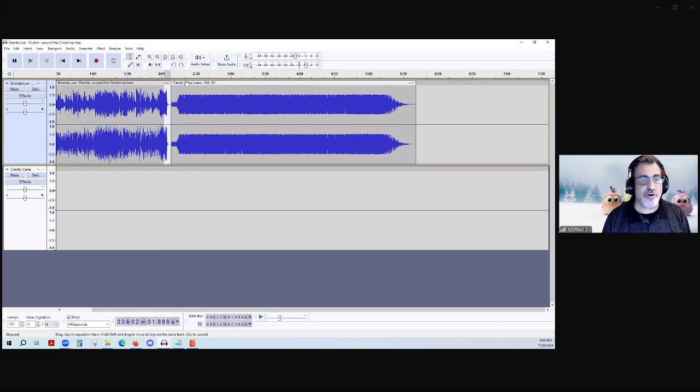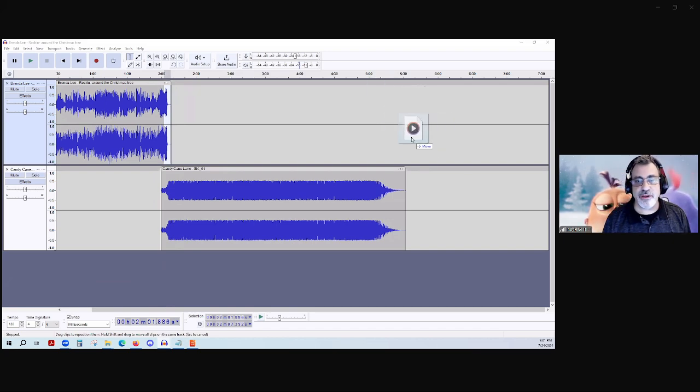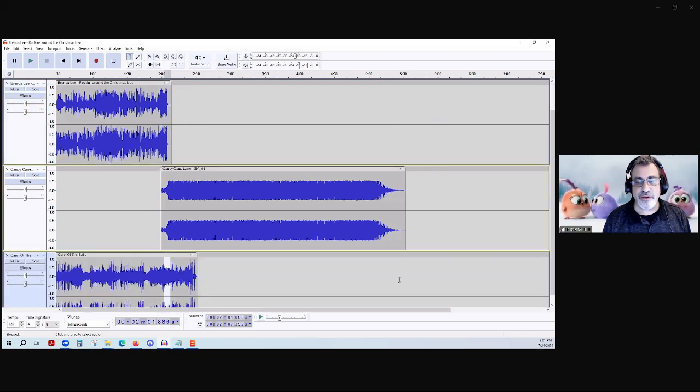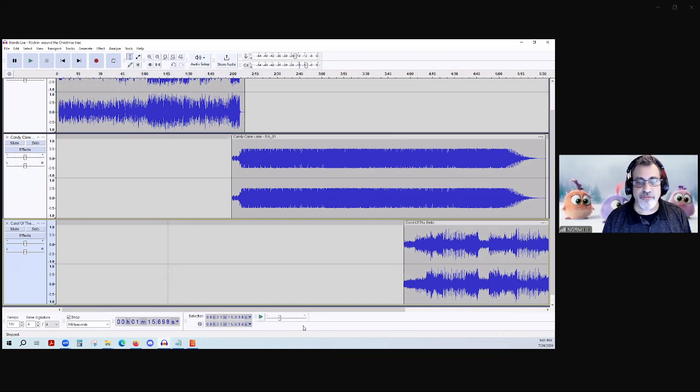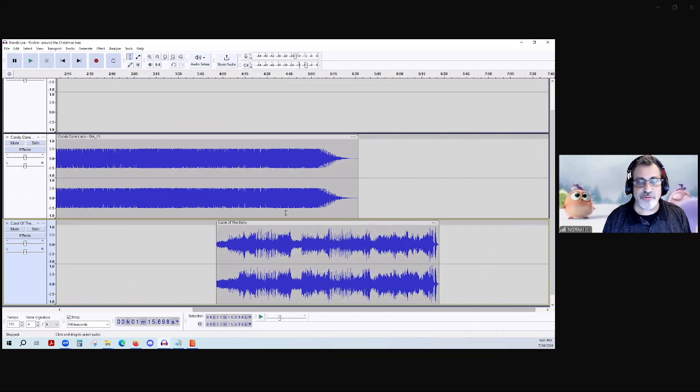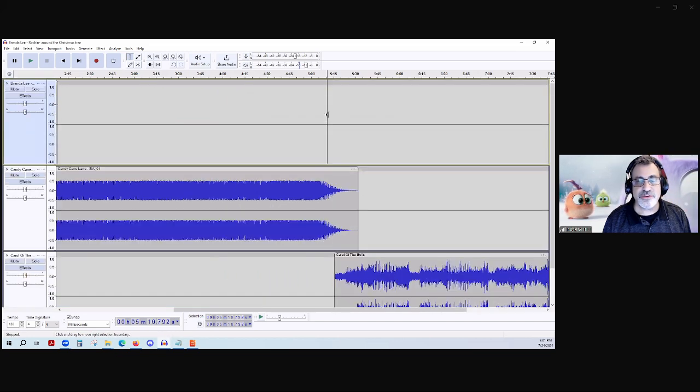But I always like to work on separate tracks, and the reason I like to work on separate tracks is it gives me the opportunity to move the audio over. And I can do this again and again and again, right? And I can bring it onto another track. I can bring it down here and add it to a 3rd track. So I can bring in Carol of the Bells. If I have 2 songs that I want to mash up together and have them play at the same time, I can certainly do that. It's really limited. Now this one, let's see what this sounds like.